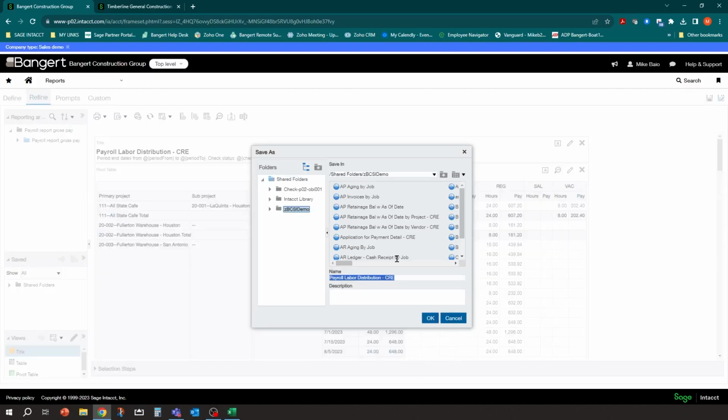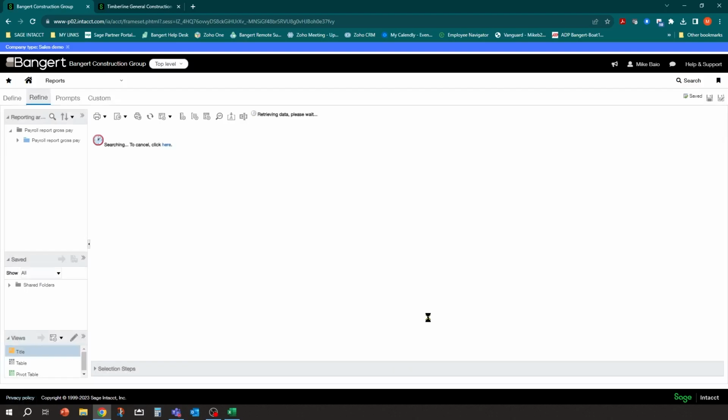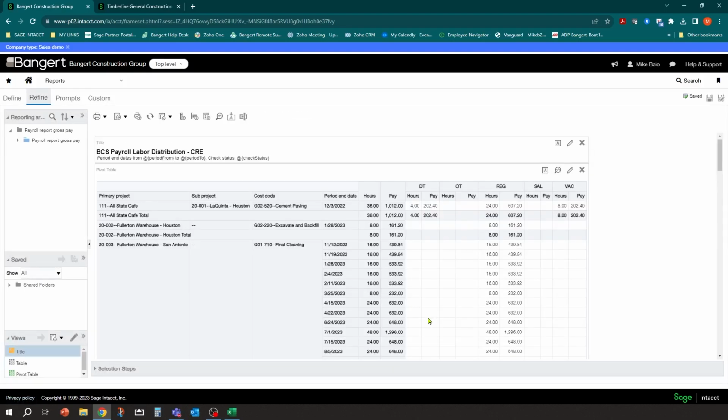and it will pop up and ask you, what do you want to save it as? So usually put your initials in front. I like to put an X in front of my design until I know it's good to go. That tells me it's not a working design. For this scenario, I'm going to use that same abbreviation. We'll call it BCS, Payroll Labor Distribution. Hit OK. And now I can mess around. I could tweak, I can add, I can change things, I can change font, whatever I want to do, test it, make sure it's good to go, and then still have the original intact in case I need to go into it.